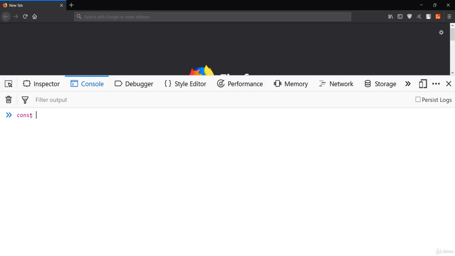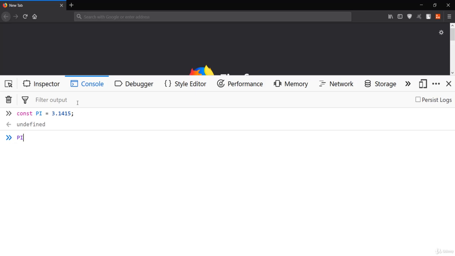So let was the keyword responsible for creating the variable like the var keyword, and the const keyword will also create a variable. I'll say pi, because pi is a constant. I'll say 3.14, and it was something like 15. I only remember this much of the value for pi, so I'll hit enter.